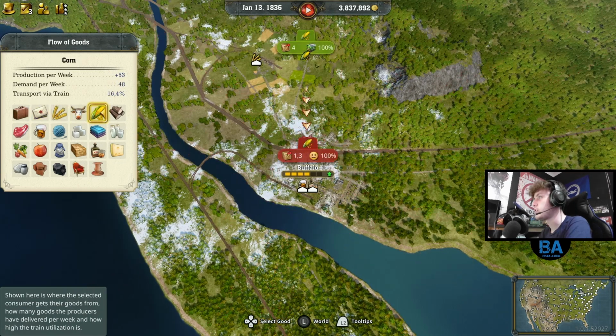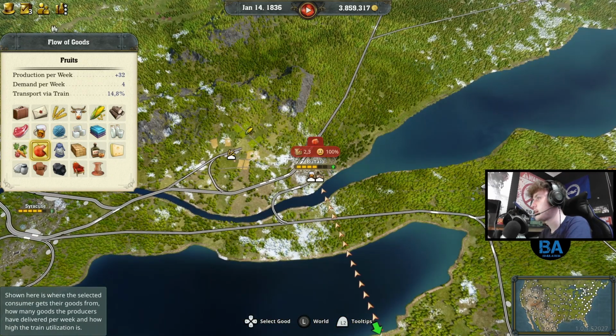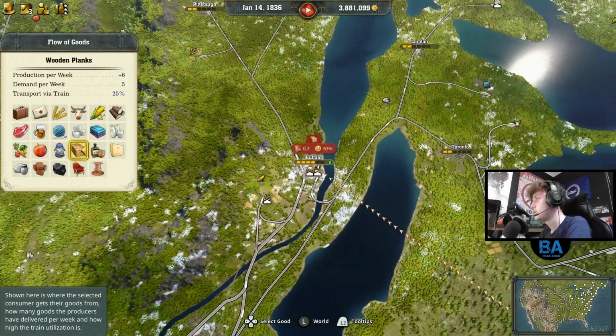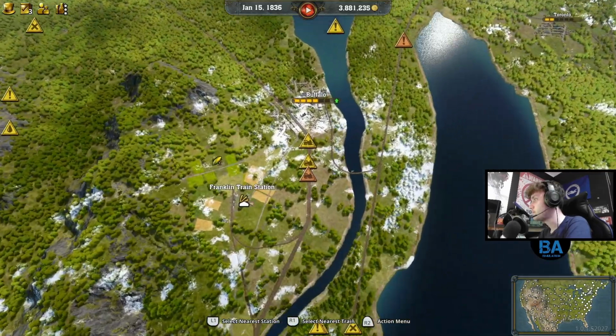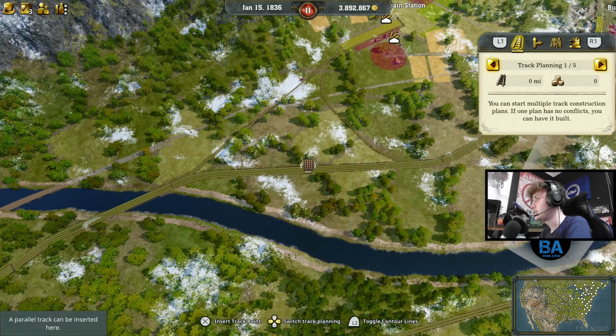So I've got to share the goods between Syracuse and this. It wants sugar. It's already getting that, actually. Okay, so it's already getting basically all it needs at the moment. So that's fine. But yeah, trains are starting to wait here, which I don't like. So I think what we're going to do...